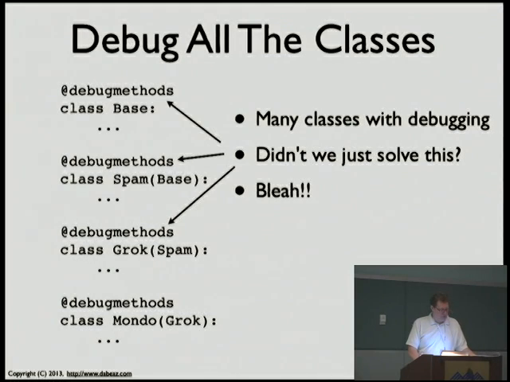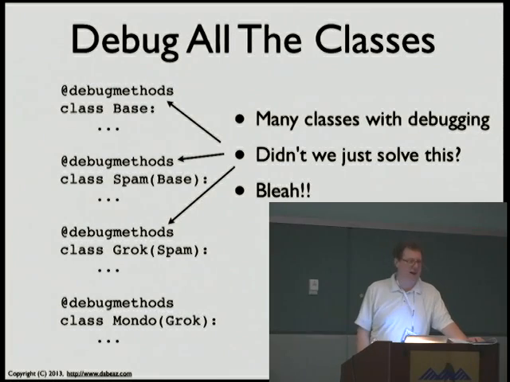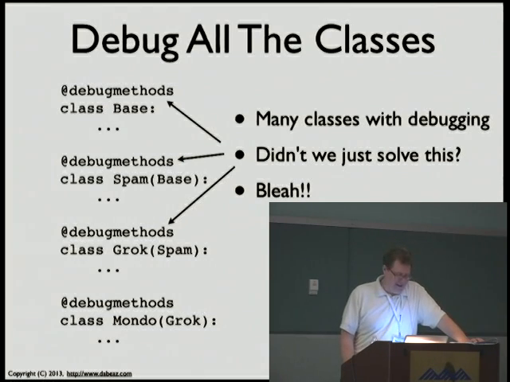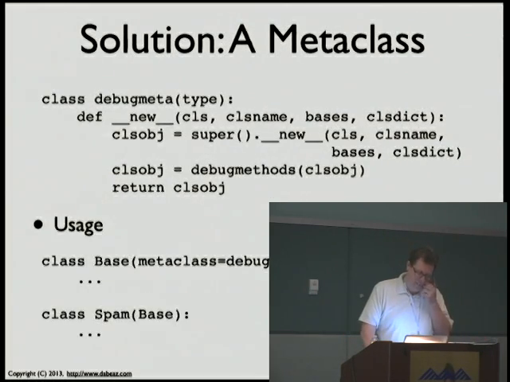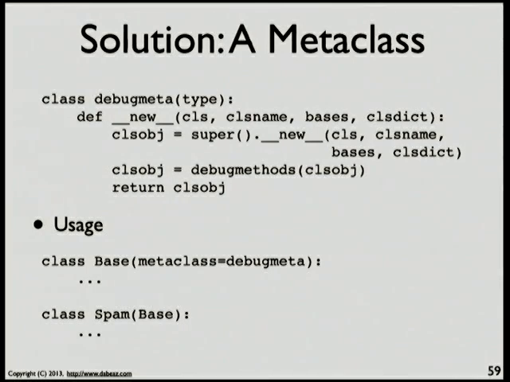And then kind of the final frontier here. What if you wanted to debug all the classes? I don't know. At this point, you might just say, well, you don't know how to program if you're doing this, right? You've got to put a print statement on every method of every class in some hierarchy or something like that. Again, you get back to this repetitive code business. If you want to solve that, the obvious solution is to define a metaclass. Okay, so you're like, what in the world? I'm going to talk about this in a second, but